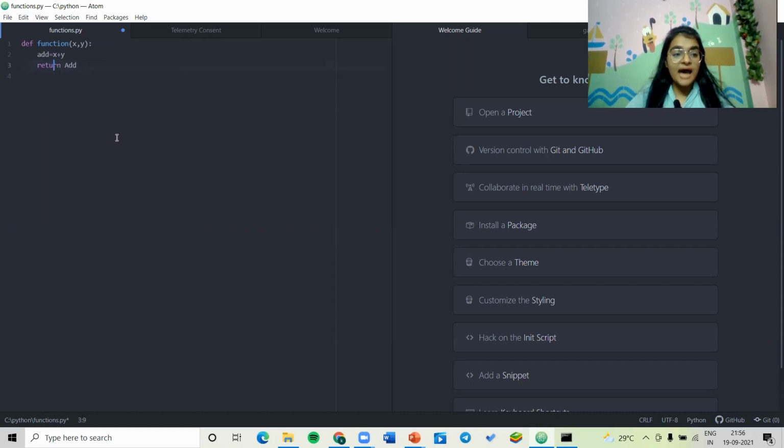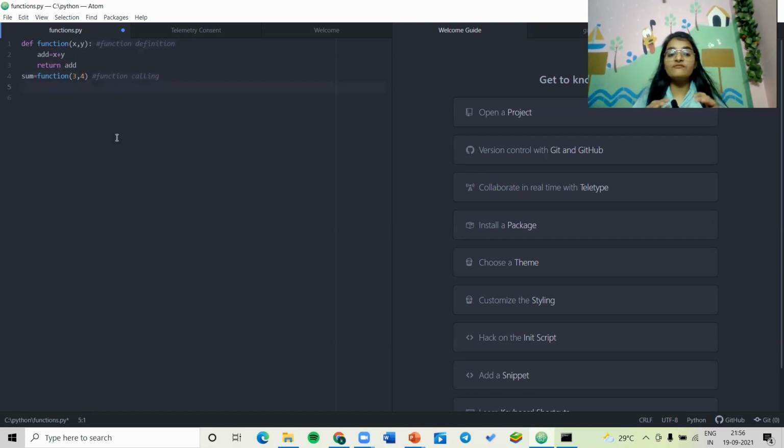Now I'm going to call this function with 3 and 4: sum equals function of 3 comma 4. This is the function definition, as we have already written, and this is the function call, right?